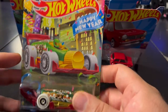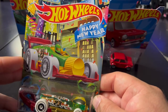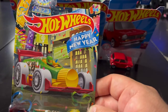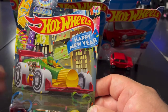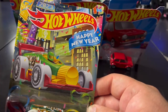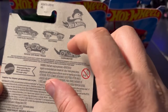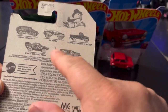And this year, for some reason, I found it to be harder to find. They release them early, I want to say in the middle of October in some areas, some in November or late November. I've been seeing these since the end of October on the display, and they always have the Carbonator missing. All the other cars, which are in the back, the Chrysler Pacifica, the Geoterra, the Land Rover Series pickup, Toyota off-road truck, and then the Carbonator is